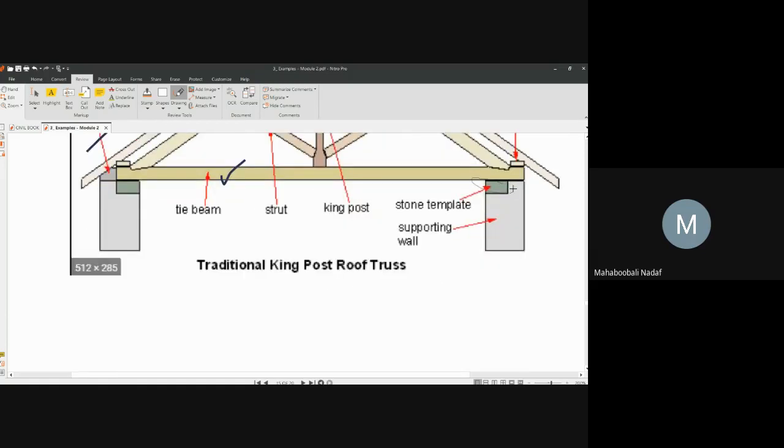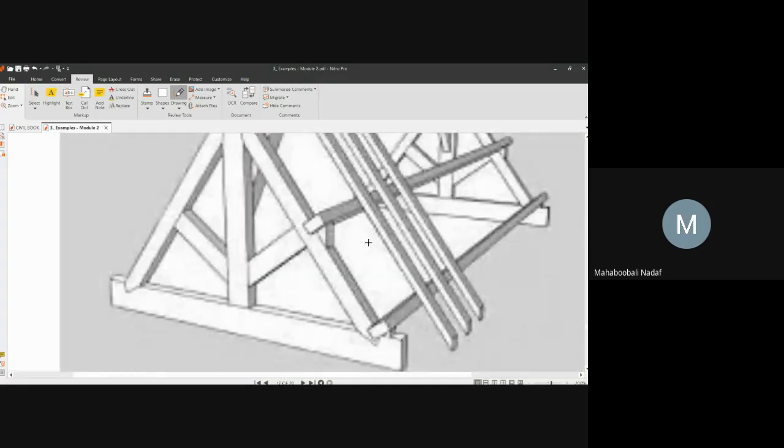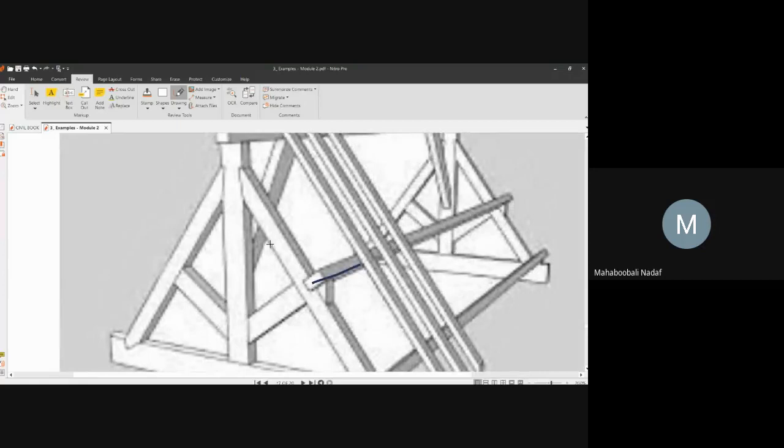This is the base plate. In the cross section it appears like this. In the 3-dimensional view it will appear like this. So here purlins run like this. That is what I wanted to show. Purlins will run like this, and in the cross section it will show as a small square or small rectangle. These are called cleat plates. So like this it appears. This is another purlin which is running, main rafter, common rafter.